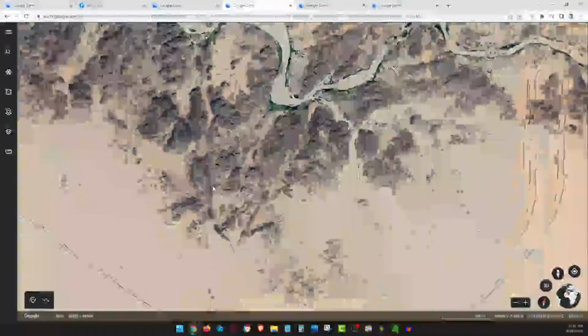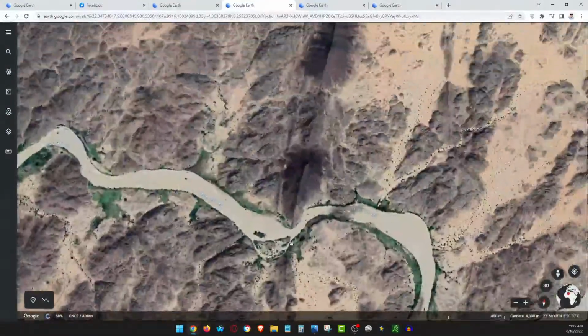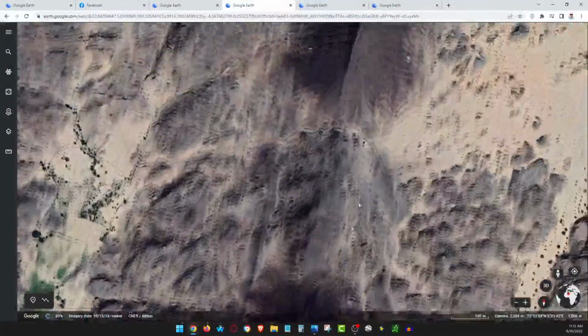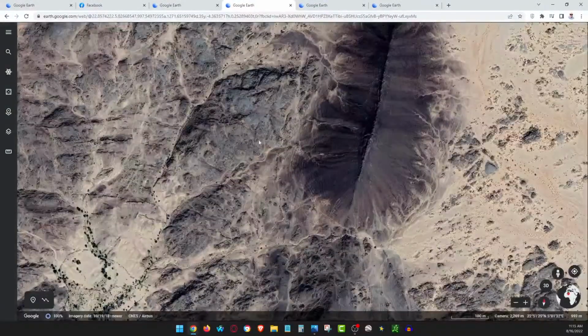They're trying to control water. It's always next to a river. Then you get more of these added mountains here. Look at the difference between this mountain and that mountain.